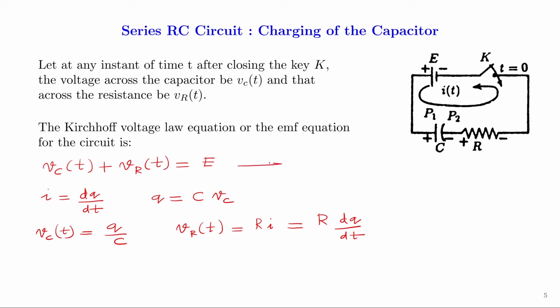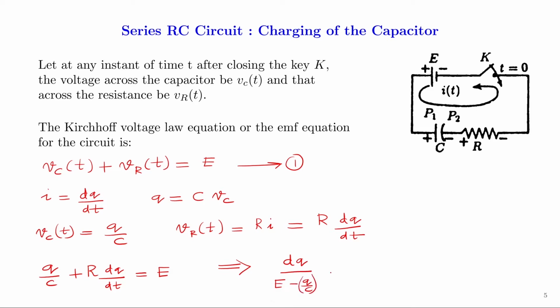So let us call this equation 1, and when we rewrite equation 1, we have q over C plus R times dq over dt equal to E,